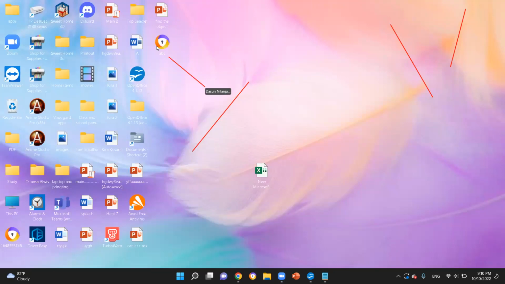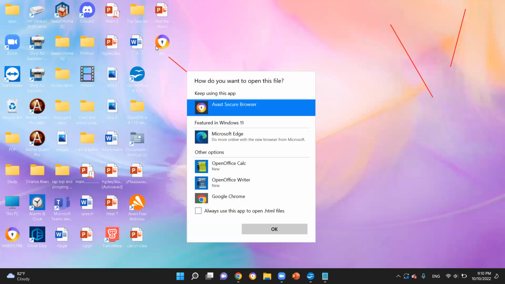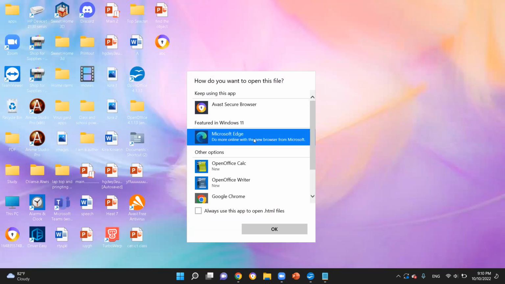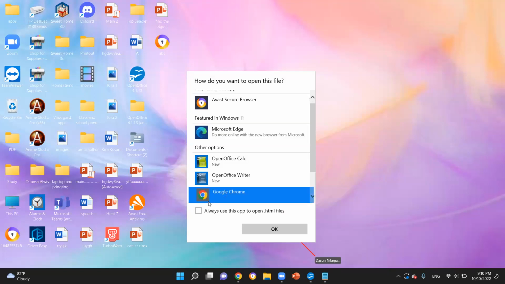Double click on the file. Yes, you can open this in Edge or anything that you like, or Google Chrome, any browser you like. Click OK. And here you can see, can you see the title there? Whatever you have written as the title will be there. Hello, the Nilanjana, the body section will be there. The tags will not be visible. That is the nature. Shall we go back to this one?